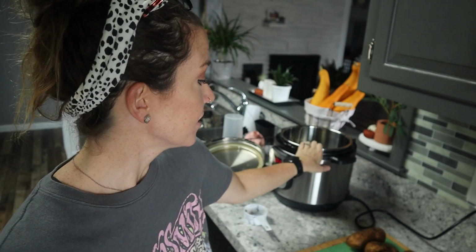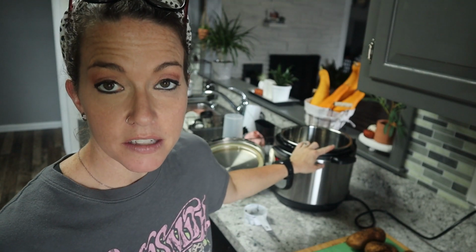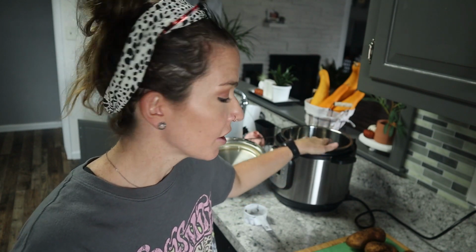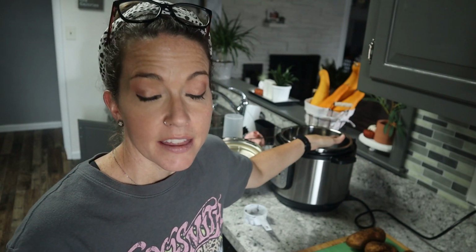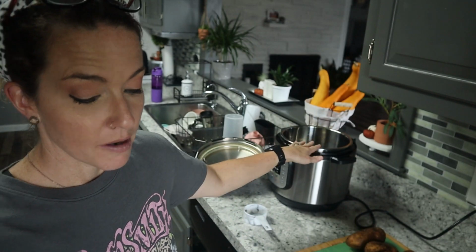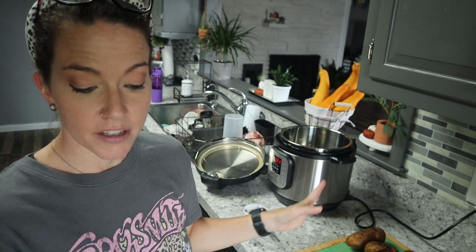So you can brown it on the saute function here, but what I have found to be a huge issue with that, when I do it in my Instant Pot, unless I take it out and wash it back down before I use it, a lot of times I will get the burn message. I don't know why. It just gets so hot. It works good, but if I've got to cook something after the saute, then I always get the burn notice. So anyway, all I'm going to do is put the ground beef in and put all the other ingredients in,